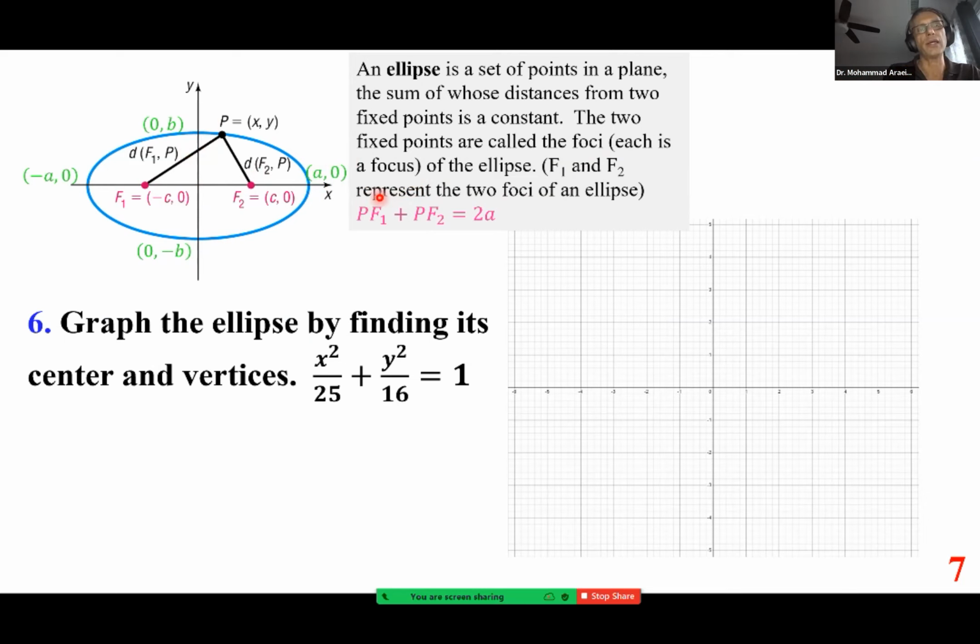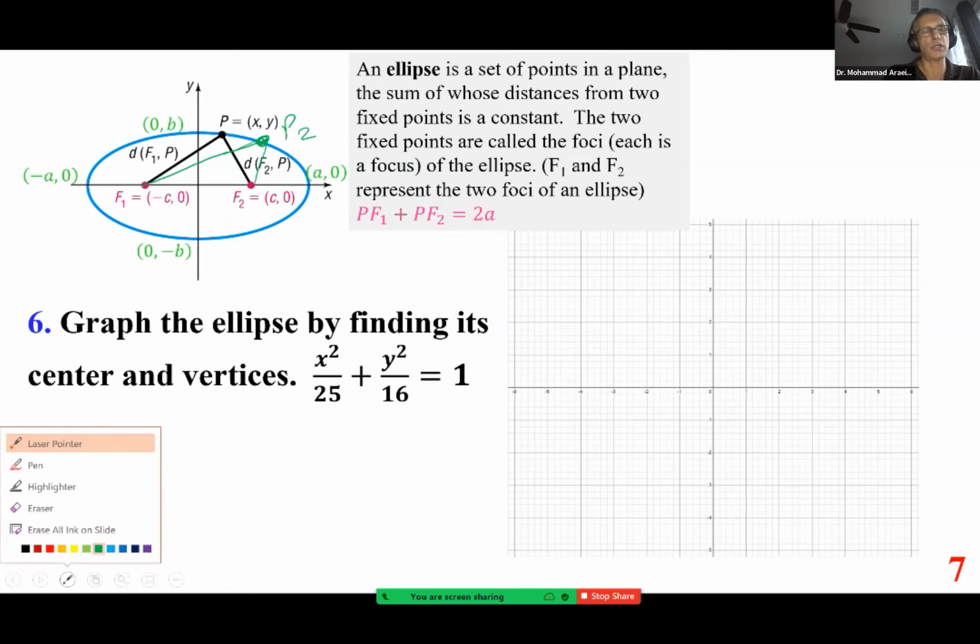F1, F2, by definition, if you pick any point, let me pick another point so you can see that, let's call this P sub 2, and connect it to the two foci, PF1 plus PF2 is fixed. And that happened to be 2A. And the proof that it is 2A, if you pick this point,